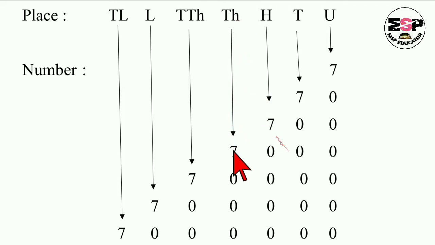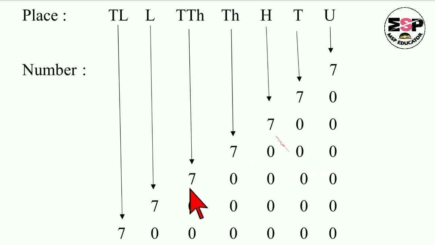See now the thousands place. Again put 7 under the thousands place and count the places to the right of the thousands place: 1, 2, 3. That's why put 3 zeros to the right of the 7, so that it will be a 4 digit number: 1, 2, 3, 4. 1000 is a 4 digit number, right?